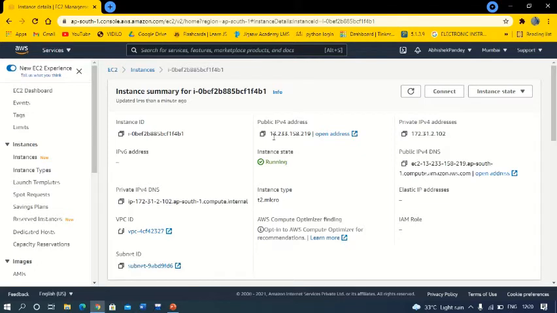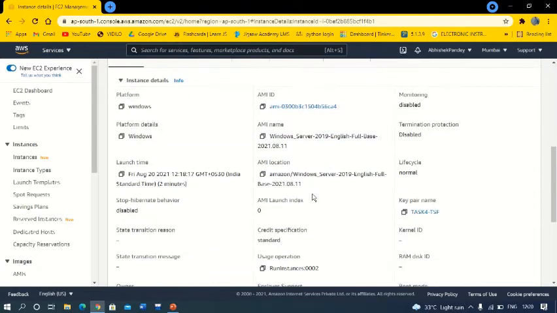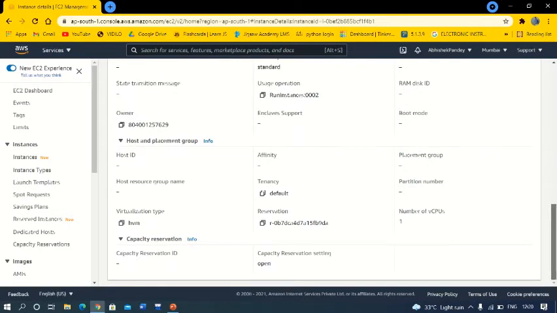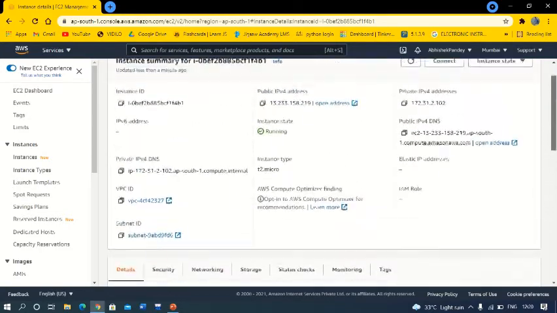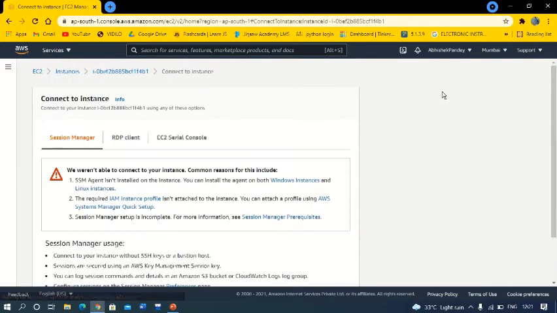So our instance will be running on this IP address. Basically, it's EC2 type. So it will be EC2-13.233.158.219. Okay, so this is our public DNS and subnet ID, AMI ID. You don't need to worry much about this, so you can check if you want. So let's move on and see if our password is ready or not.